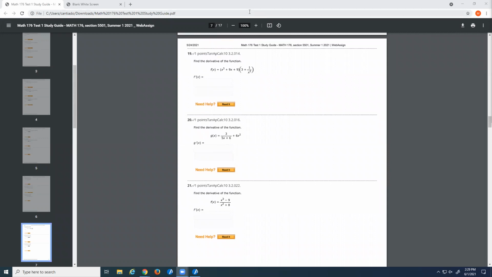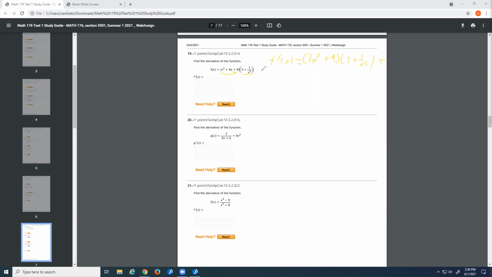Might as well. All right, so for number 19, I'll just differentiate this function right here. So again, this is going to be another product rule. So it's going to be the derivative of the first function here. So the derivative of the first function, that's going to be, so I'll put f prime. This is equal to 3x squared plus 9. And then times the original second function, 3 plus 1 over x squared,